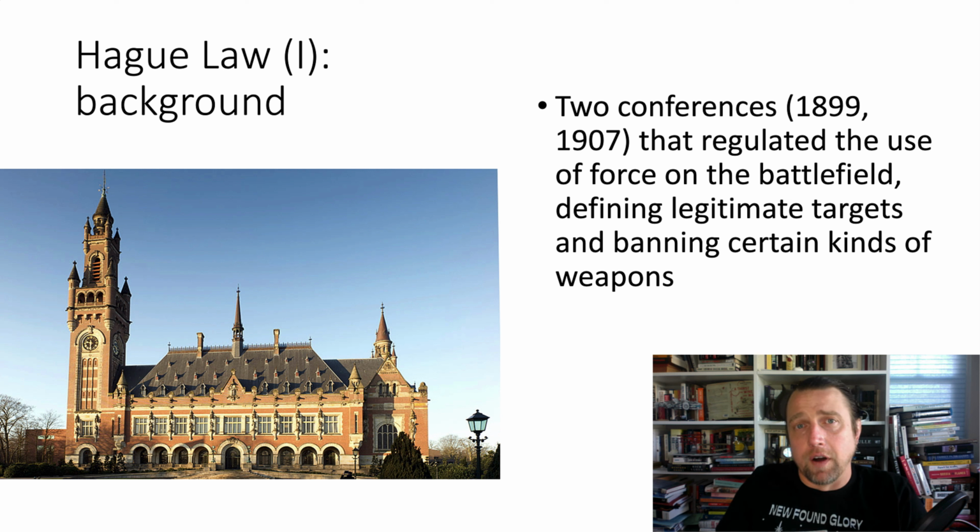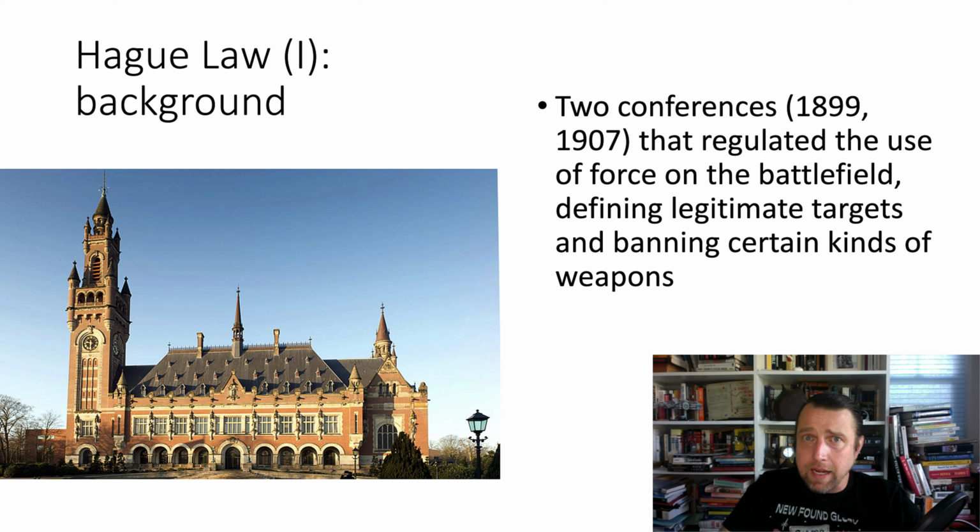So finally, I want to move on to what legal historians and international lawyers typically refer to as Hague Law, which is the body of law that regulates the means of force on the battlefield. It emerges slightly later, at the end of the 19th century, the 1890s, and then the first decade of the 1900s. For instance, the first Hague Conference took place in The Hague, in the Netherlands, in 1899 and produced an international treaty. The second Hague Conference took place in 1907 and added relatively little to the proceedings of the first.